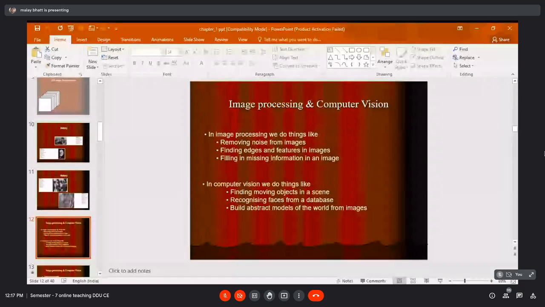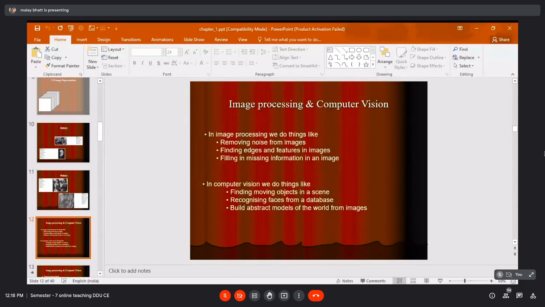So we have to do edge extraction and feature extraction from the image, so that it is digital image processing. Filling in missing information in an image. Sometimes what will happen is, when you take a picture, let me give you an example of monuments of any country. Those monuments are not completely new, they are several years old, and you may find that some particular portion of that monument is damaged.